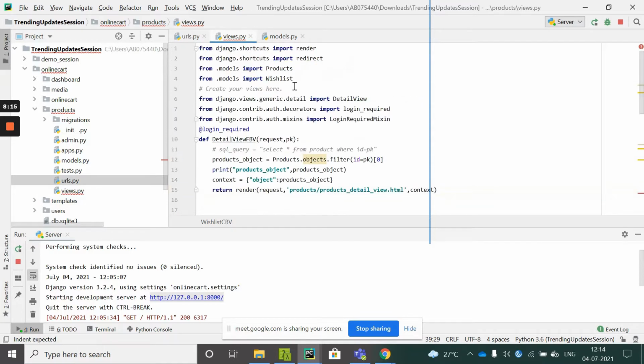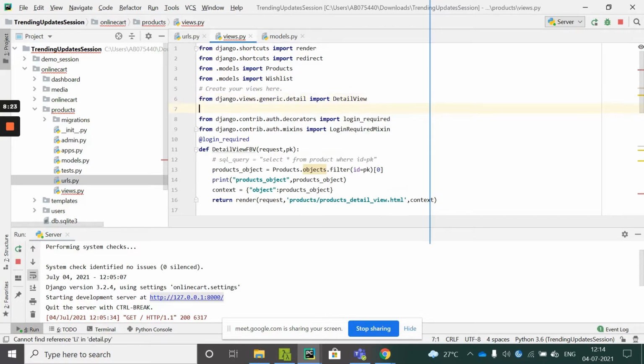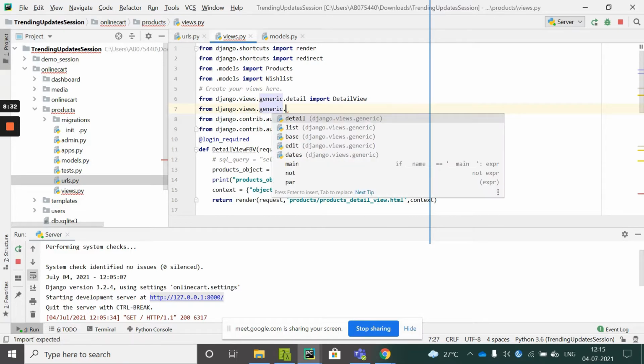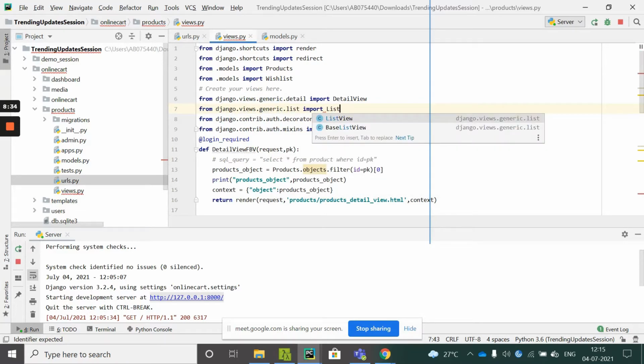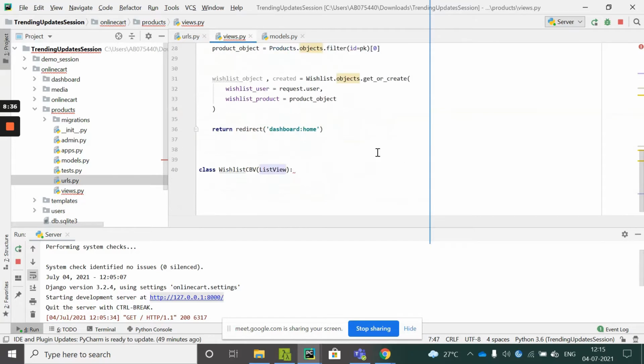Okay, coming here, I need to first take that ListView, import the ListView. This class we had discussed earlier also.